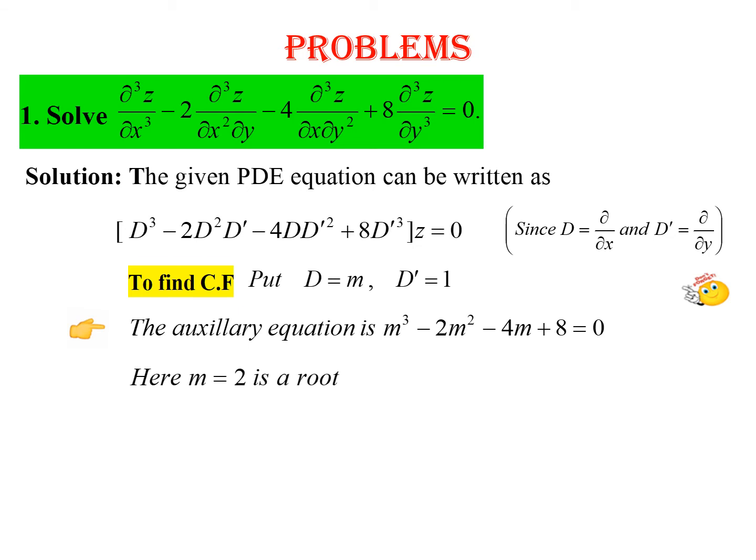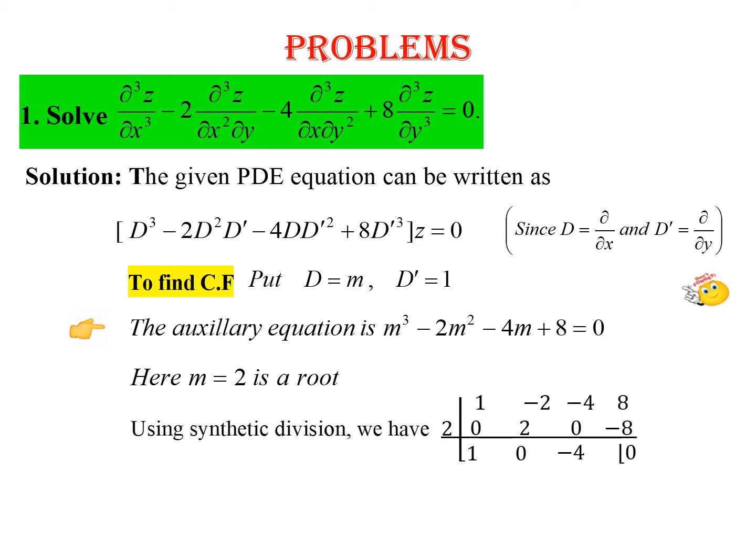Yes, m equal to 2 will be a root of this equation. So once you get the first root, you can use synthetic division like this and you can transform the equation, or you can divide the cubic equation by the root. I think you all know the synthetic division process. 1 and 2 into 1, 2 comes to the second column. Then when you add that, minus 2 plus 2 you get 0, 2 into 0, 0. Then minus 4, 0, when you add minus 4, then 2 into minus 4 is minus 8, and the last is 8 minus 8, 0, that is the remainder.